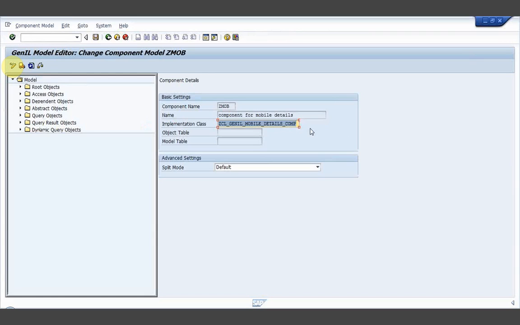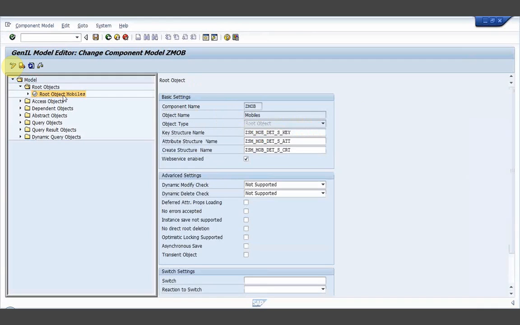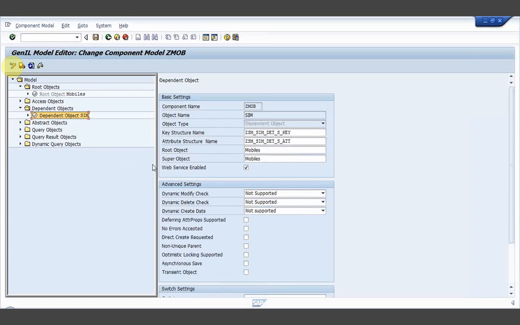Change it. So we have provided a dedicated class to this component. Then we have created mobiles. I provided the key attribute, create structure, and we have enabled the web service and dependent object SIM. We have provided these contents,